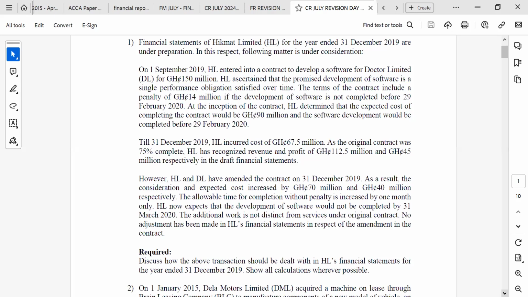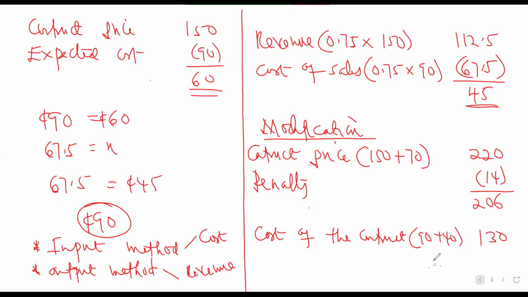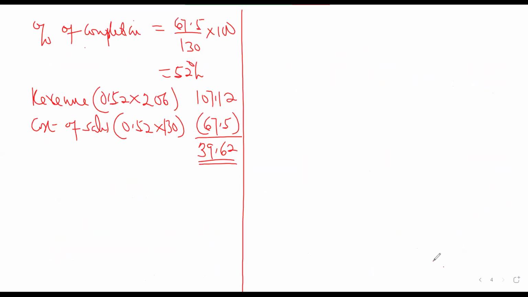So if the total work is now 130, we have done 67.5. What portion or what percentage of the work is done? We now re-estimate it and we now readjust our revenue. So revenue is supposed to now be adjusted with how much? How much was recognized for the revenue first? The first one was 112.5, but the actual revenue is supposed to be, based on the modification,